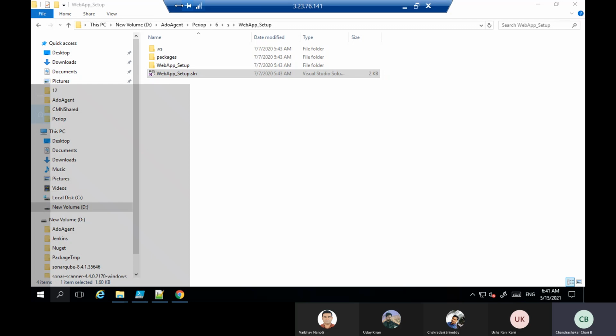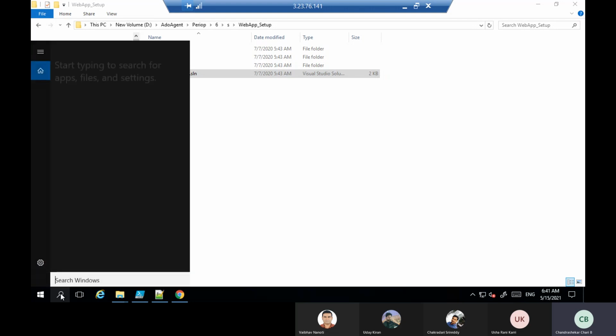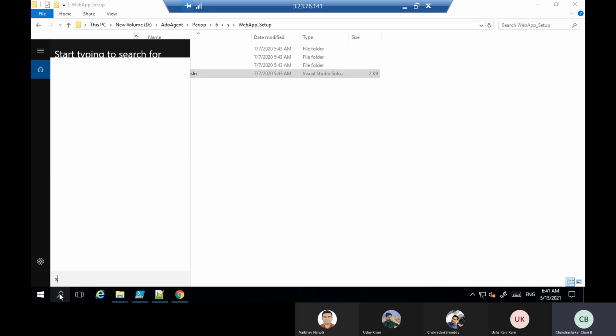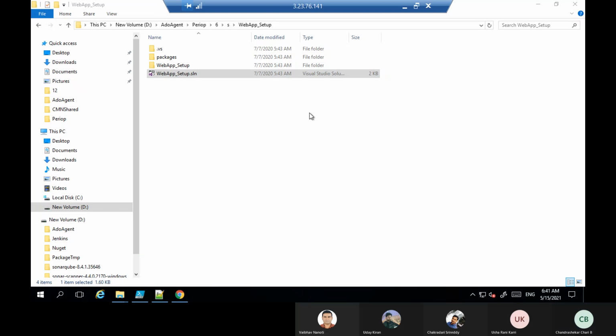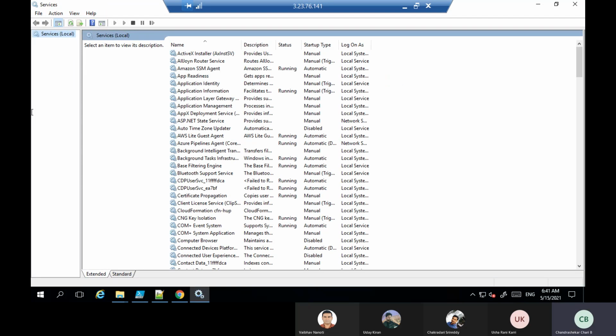So what it will do, this server is registered in that Azure DevOps. You can see here, Windows or so this server Azure, it will run as an agent. I will show you. So like that, it will directly interact with the server. It will copy, paste, deploying, building, everything will happen like this.